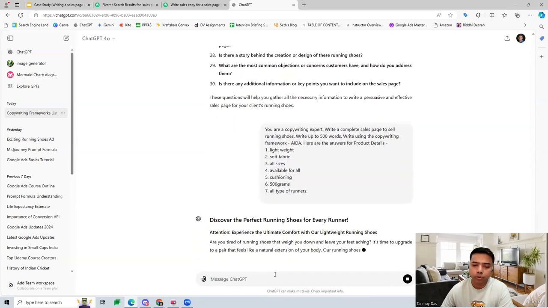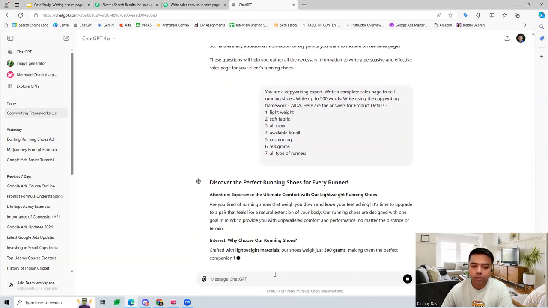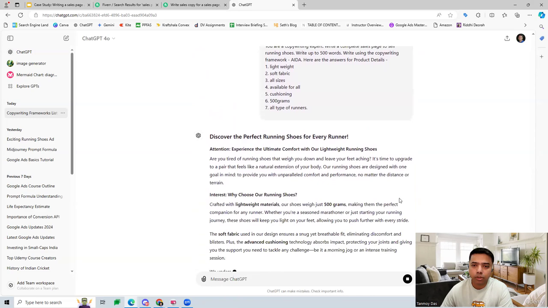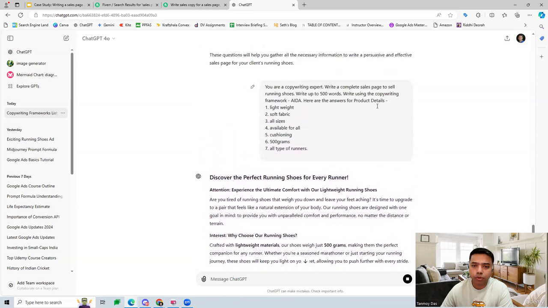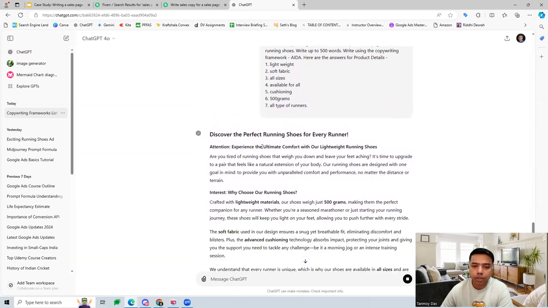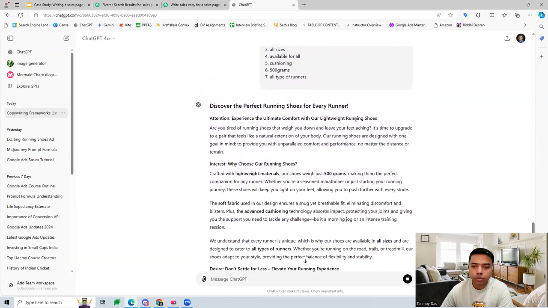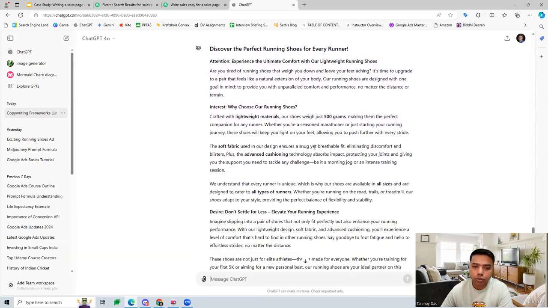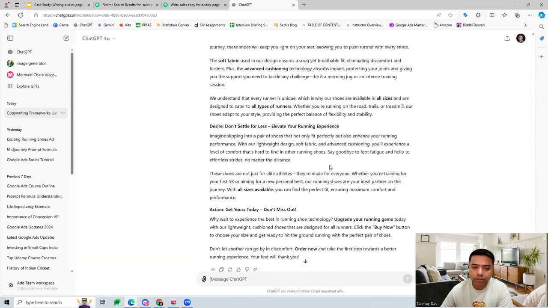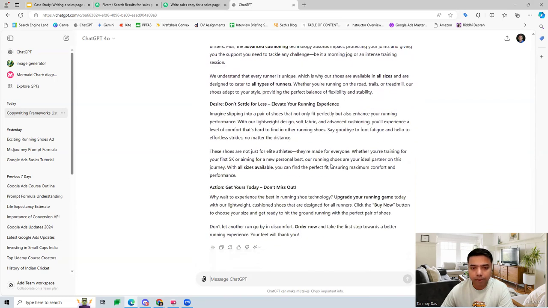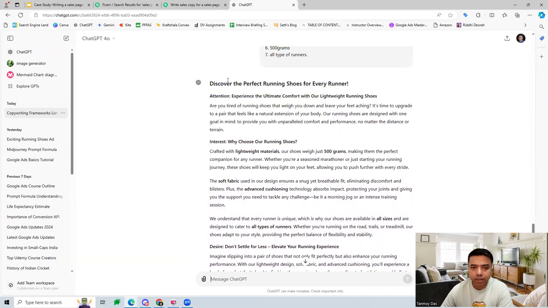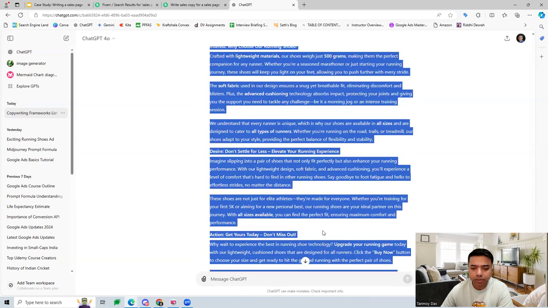So now it is going to write the whole thing out for us based on the particular framework which we had given, which was AIDA. Okay, so now you can see it is making use of the particular terms. Running shoes we had given interest, white shoes are running shoes, lightweight material, soft fabric. This is what we had given as pointers, and now it is making use of that. So now we have this in place. Okay, so we can take this